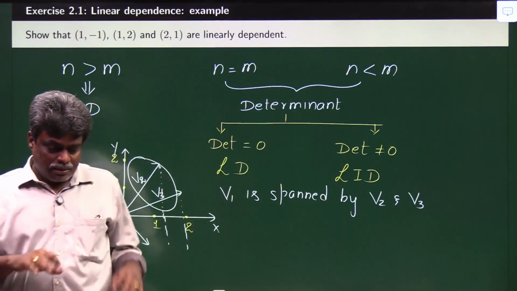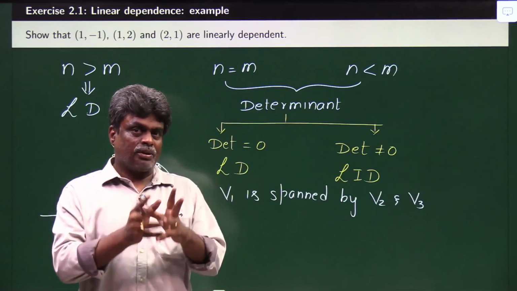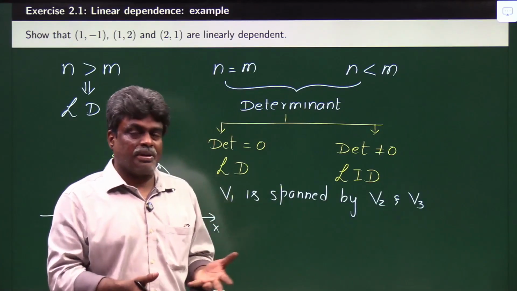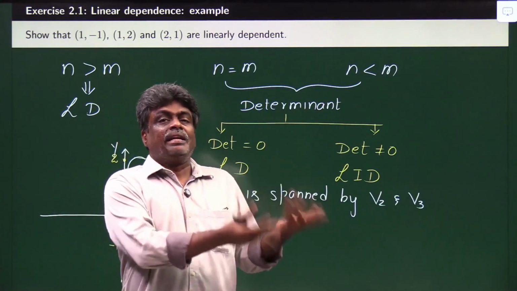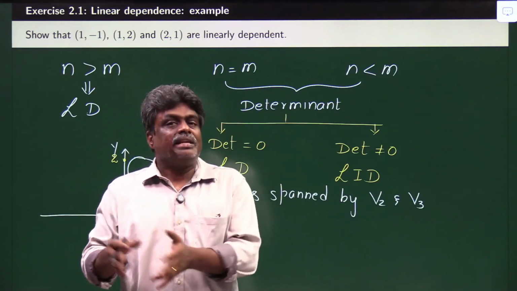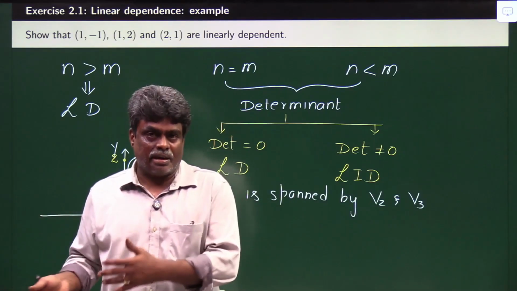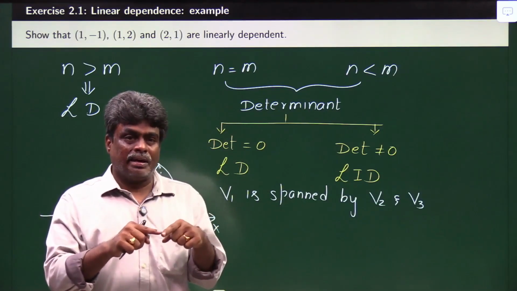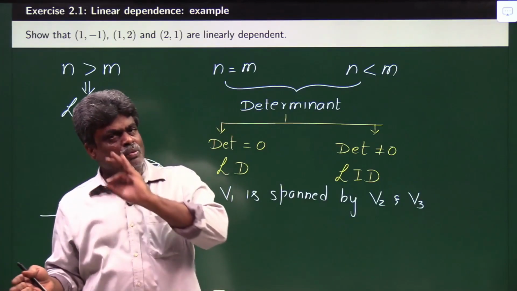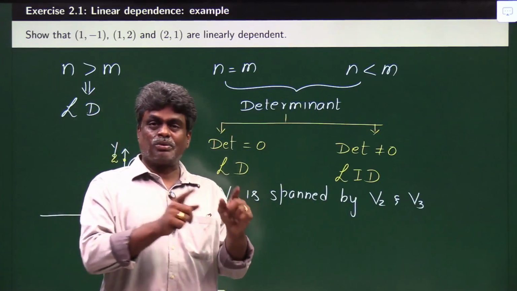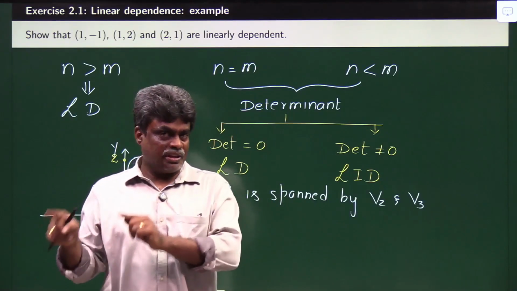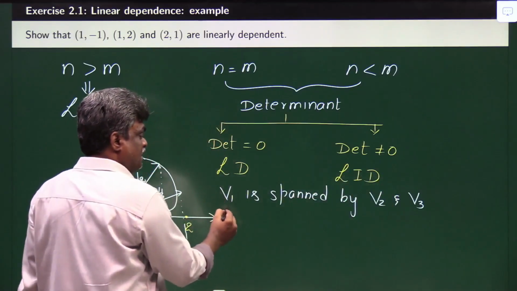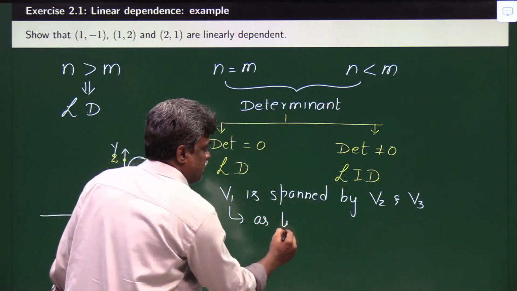Let us suppose there is a real space, 3 dimension. What are the unit vectors? i cap, j cap, k cap. Of course these are the basis states. What is the meaning of that? If you want to write any vector, you have to write it as a linear combination of i cap, j cap, k cap in 3 dimension. So that means that a 3D real space is spanned by i cap, j cap, k cap. So if you want to write any 3D vector, you have to write it as a linear combination of i, j, k. Similarly, whenever v1 is spanned by v2, v3, we can write this v1 as the linear combination of